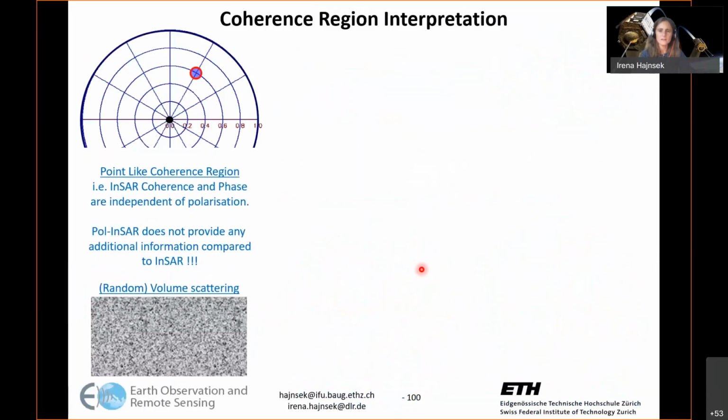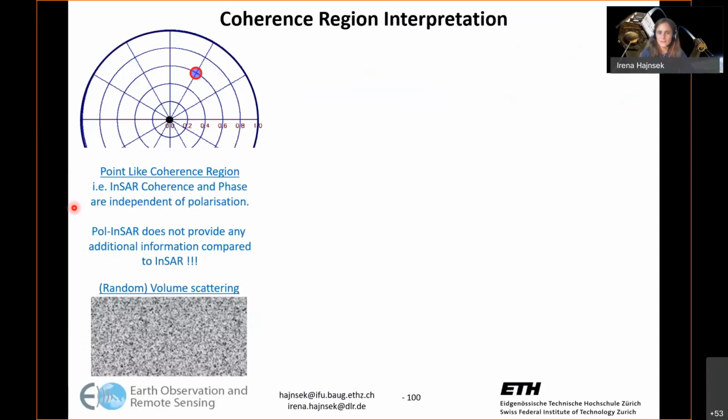So let us look now a little bit at the interpretation of this coherence region. For example, if you have one point in the coherence region, so having different coherences, then this looks like a point-like coherence region. So in this case, the interferometric coherence and the phase are independent, in this case more of